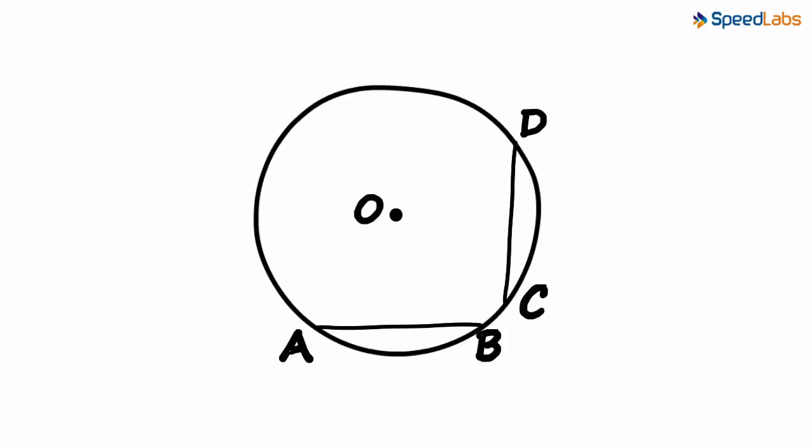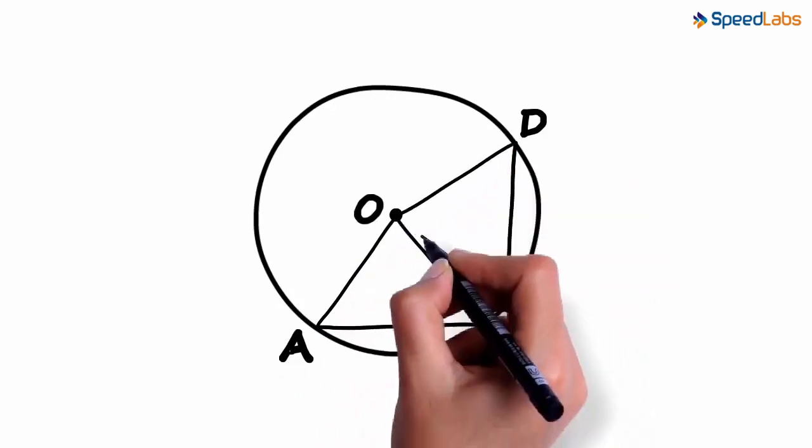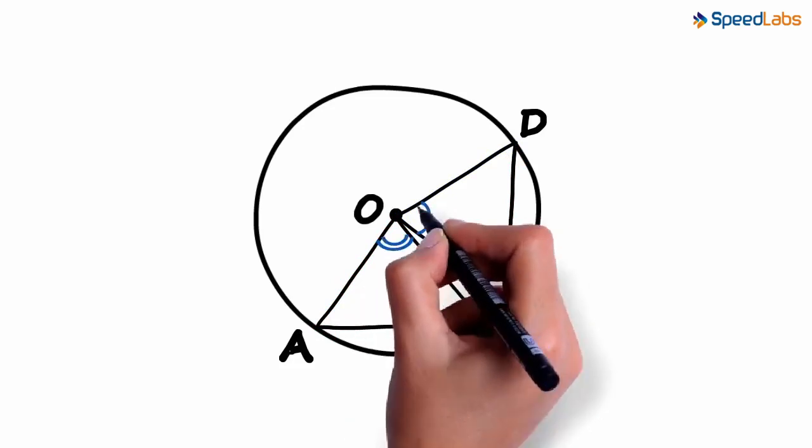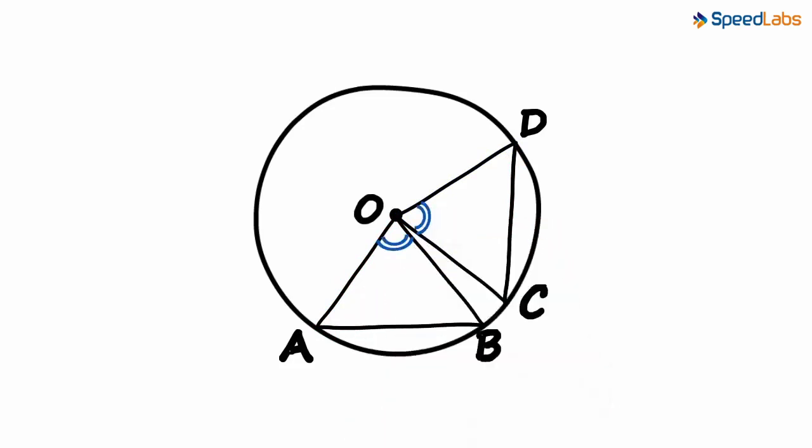Let's look at the converse of the theorem we saw in the previous video. In this figure, we have two chords AB and CD. Let's join the endpoints to the center to get two angles. In the theorem we saw previously, we were given that the lengths of the chords were equal and we proved that the angles were congruent. In the converse, we are given that these two angles are equal and of course, we need to prove the